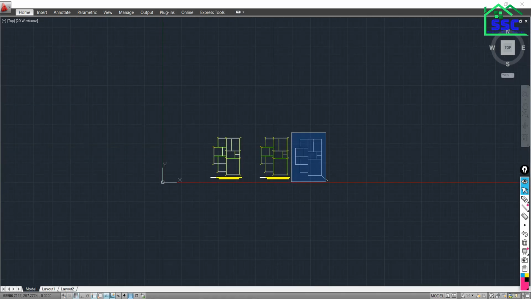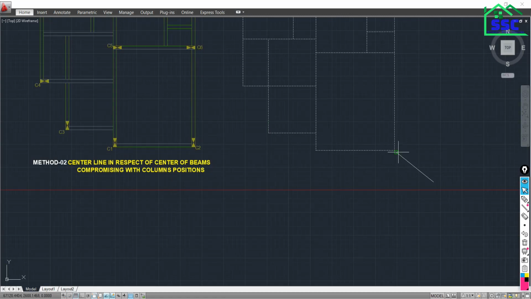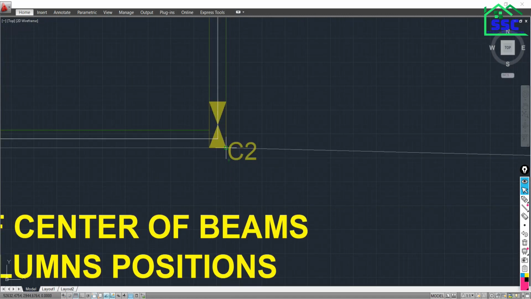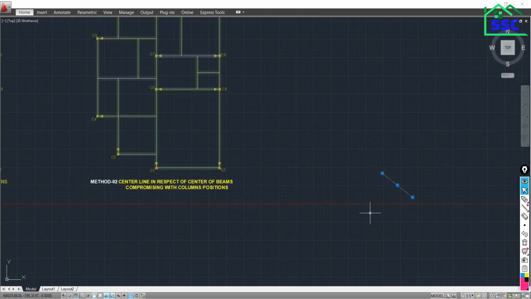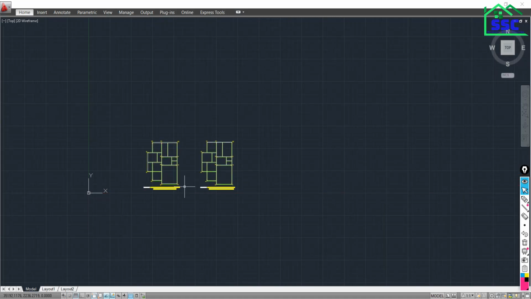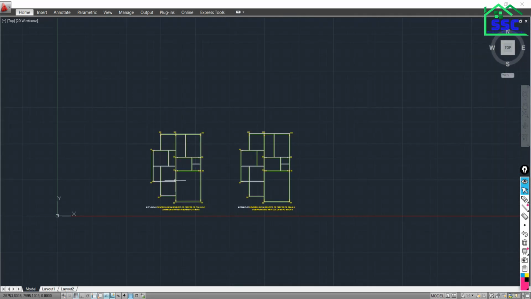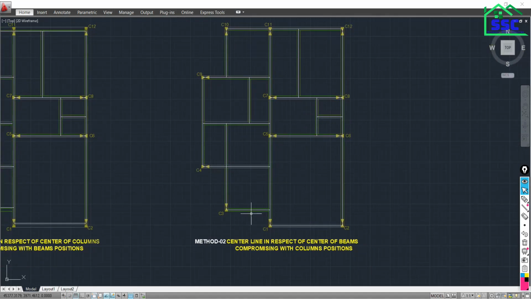Just take the move command from here to here, put it here. See, just try to understand. This is the first option we have followed for preparing the center line, and this is the second option